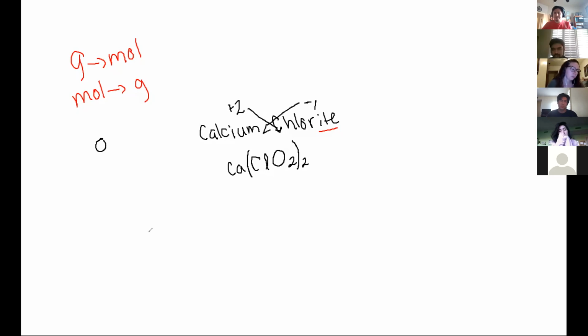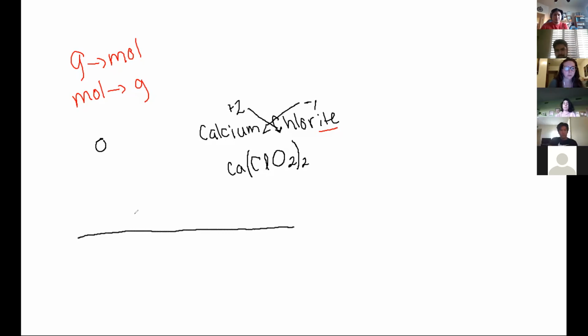Right? So now that we have our formula written out for calcium chlorite, we want to determine the number of moles of chlorine within 83 grams of calcium chloride. So we'll set up our little fence method. I apologize, I have like the worst lag on Zoom when it comes to my little tablet. But yeah, we'll set up our fence method